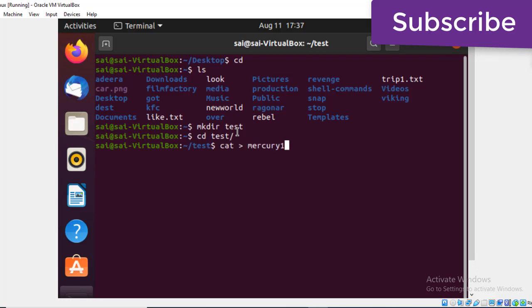I'll use the shortcut Mercy: mercy1.txt. In mercy1.txt I am saving three words: help, kind, peace. Now I'm going to create another file, Mercy2.